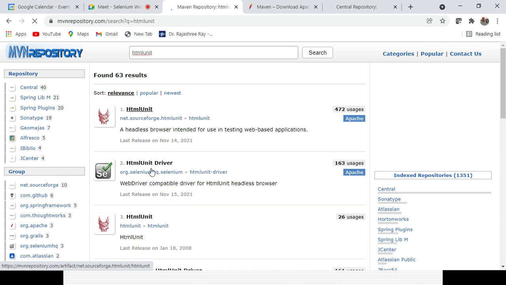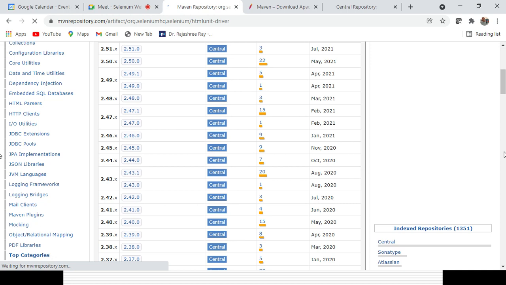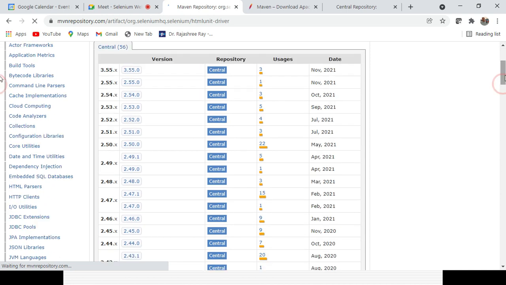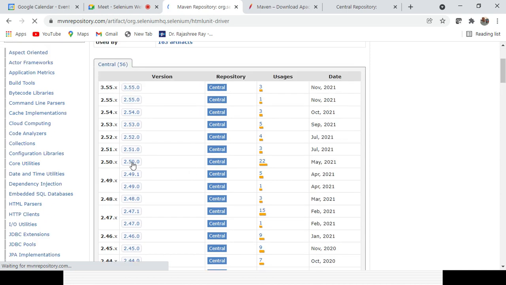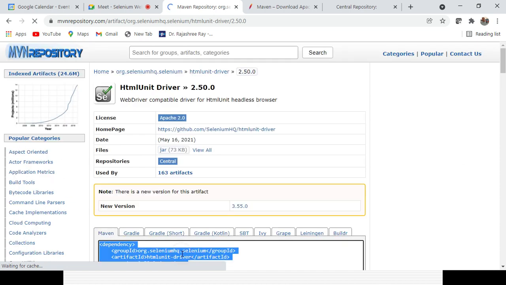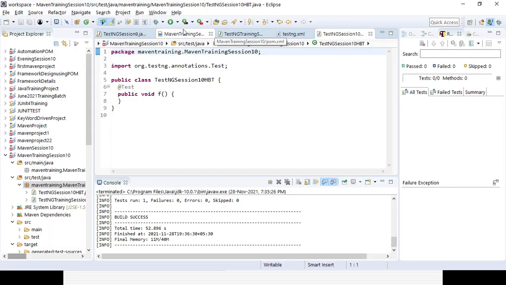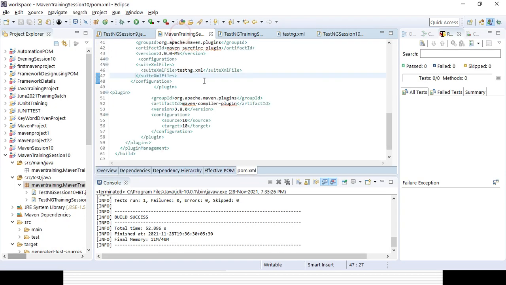HtmlUnit driver, right? So you can go here and add the latest dependency. You can go for any stable dependency here. I will be adding it in my pom.xml file here.